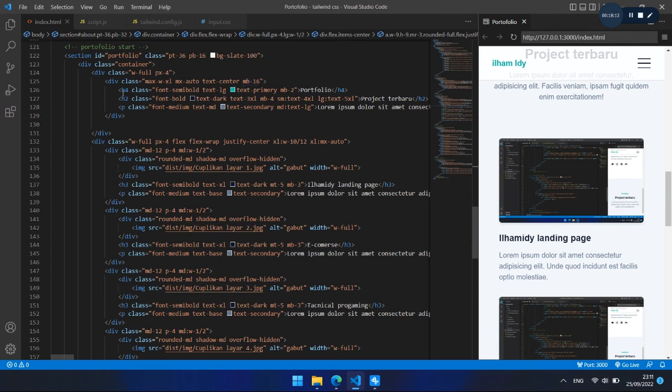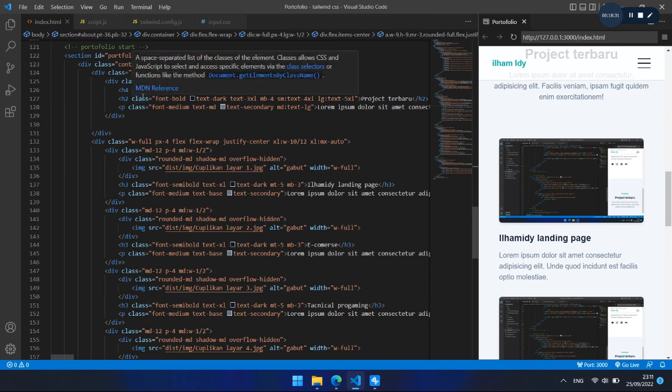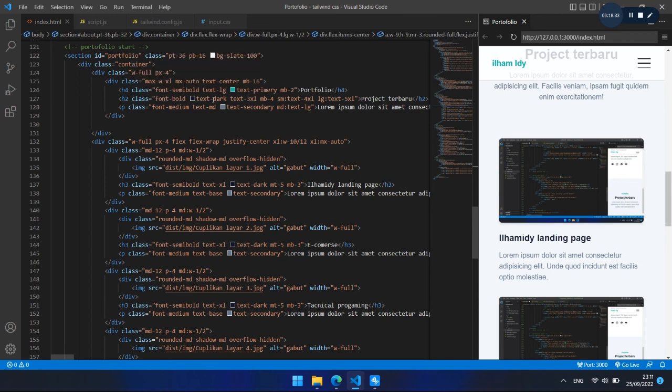and we give the tag h4 with class font semi-bold, text large, text primary with margin bottom 2, and we give the comment for portfolio, and we give the tag h2 with class font bold, text dark, text 3xl, margin bottom 4, and the small text 4xl, and the large text 5xl. We can give it a